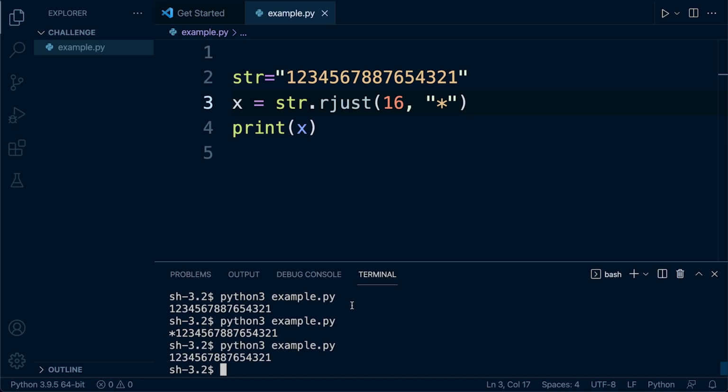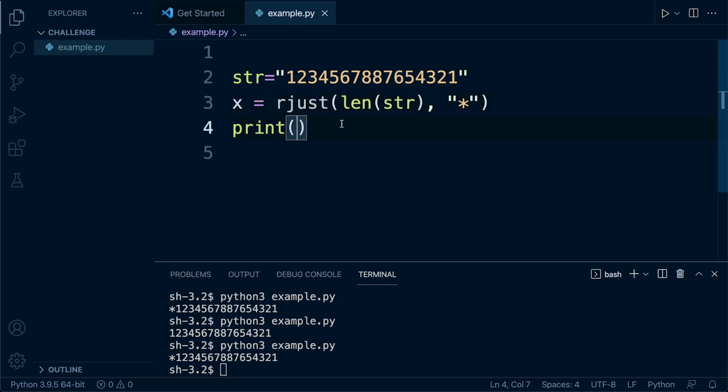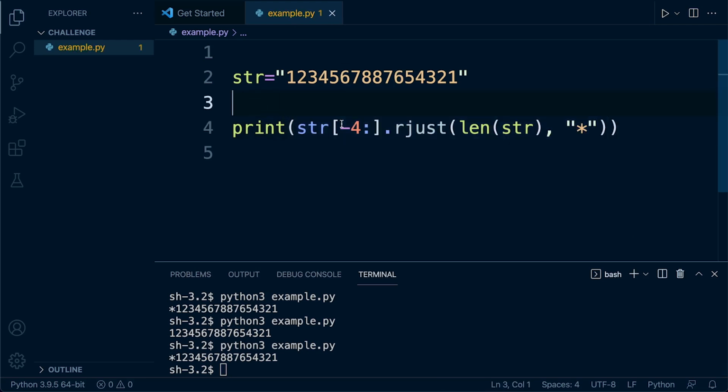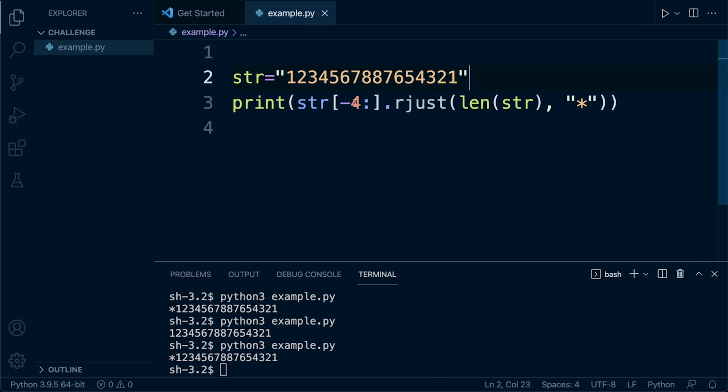Okay, so it's only when we start to add numbers more than the numbers here that we actually then justify. And there we go. So that's an important thing to understand. So if we go back to our original example here, you can see what's happening is we're just basically